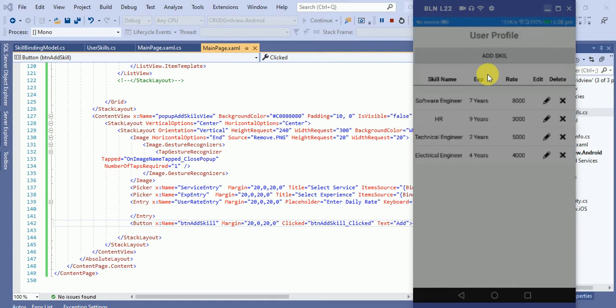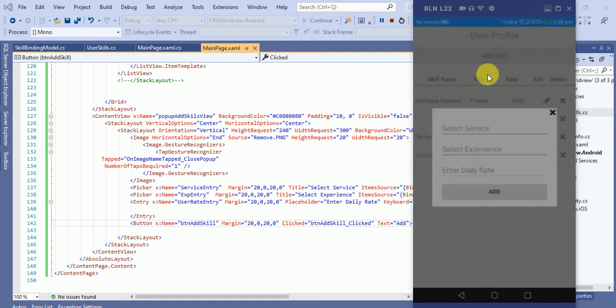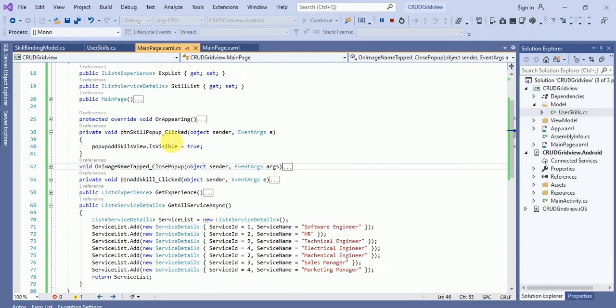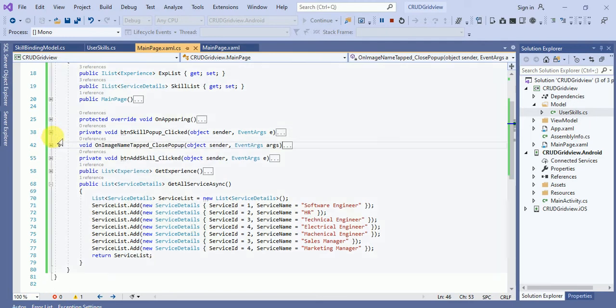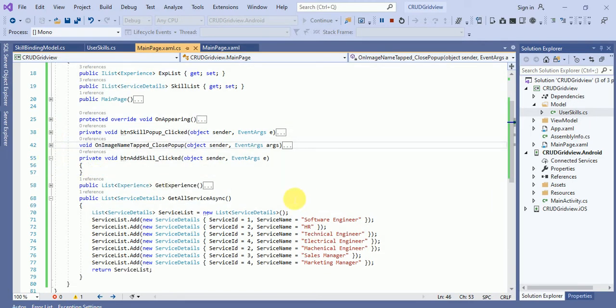Click on add skill. So here you can see the add button is coming as expected. Now in this add button we have to do some code. btn add skill dot click. So what we have to do, btn add skill, we will add the user skill over here.